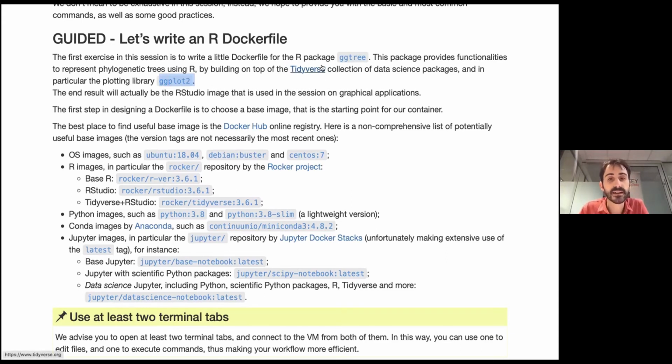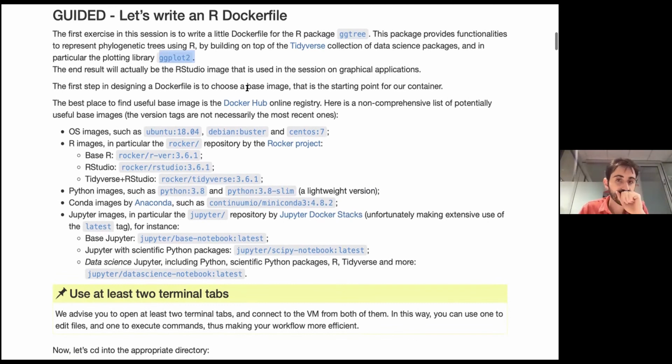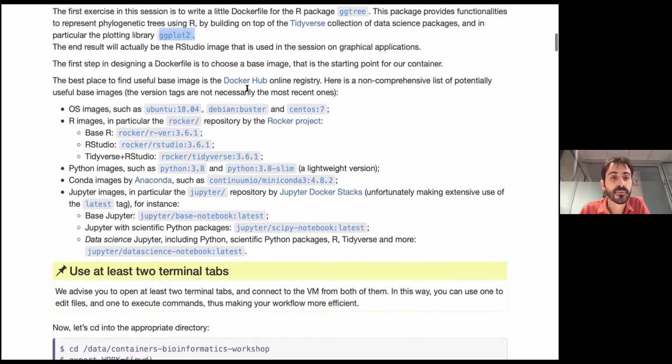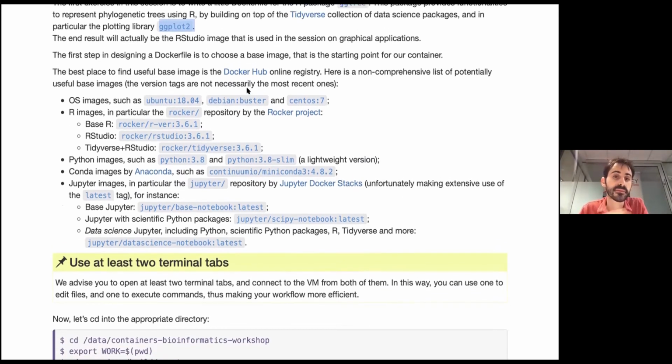So we're going to start from an already available tidyverse image and just build on top of that. And this actually reminds me to mention possibly the first important aspect when building a container image. You never really start from scratch. You're not going to compile any operating system, right? When you build a container, it will be a bit time consuming and not really worth it. So you're always going to start from a pre-existing image that we call the base image, the starting point for